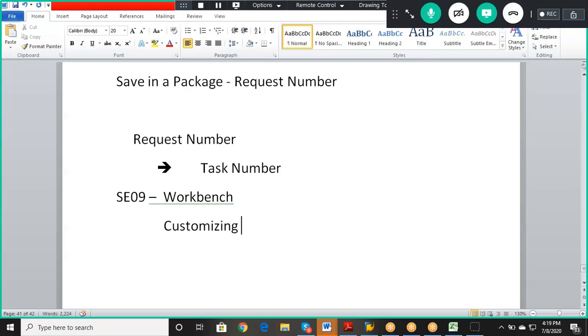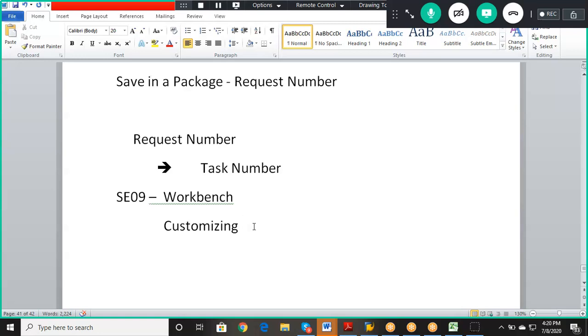The customizing request is done by the functional people. There will be a functional team, FICO, HR, MM. If they do any configurations, customizations or modifications on the functional front, they will be automatically updated as a customizing request. Whatever developments we do as an ABAPer will be under the workbench request. So these will be the two types of requests. I repeat, whatever developments we do from the ABAP point of view will always be saved by default under the workbench requests. The customizing request will be by the functional team.